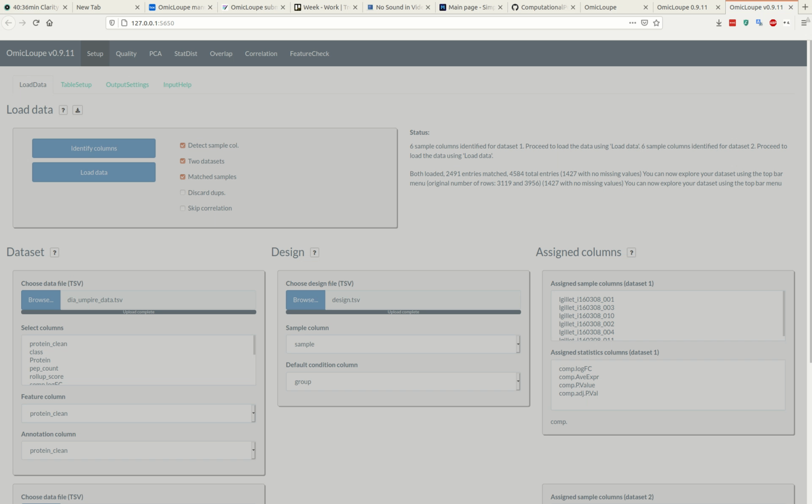The final thing to note is that if you want to use multiple data matrices together, so you want to match 2 different sets of data, then OmicLoupe will need some way to coordinate these. And so you need a column in your data matrix which is shared between these. So in this case we have one called the gene column, gene symbol, and this will match to this column IDX. But this is only needed if you use 2 matrices. So to recap, you need